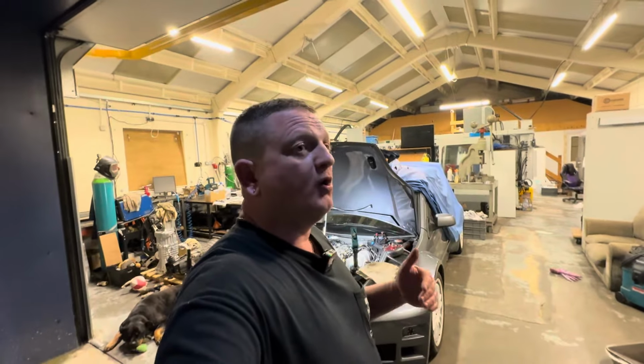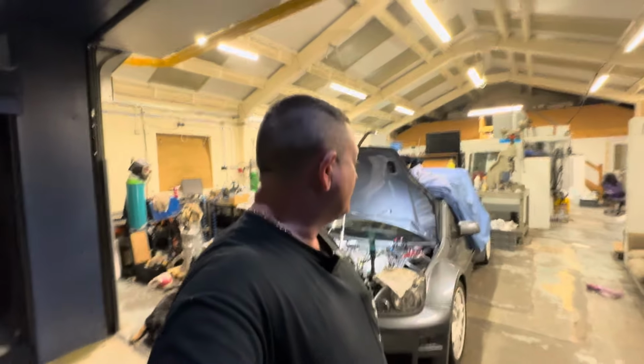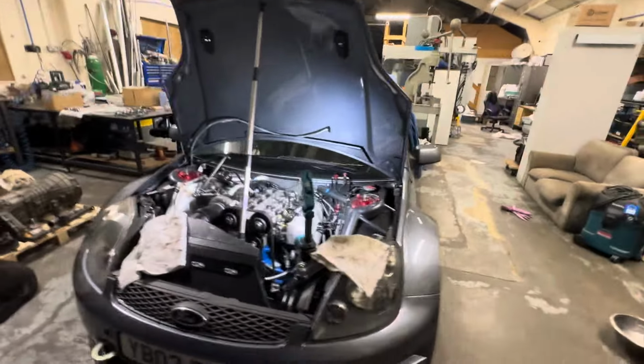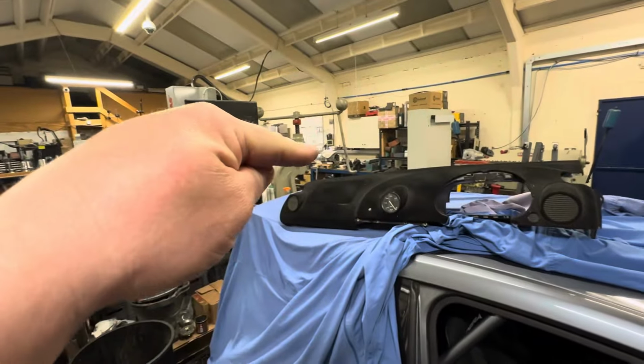But I think people are put off by the fact that when you want it serviced or if you want parts for it, you're going to be waiting. And I understand that. So the box may come out before it's sold. But if the box gets sold, if I can sell the sequential,